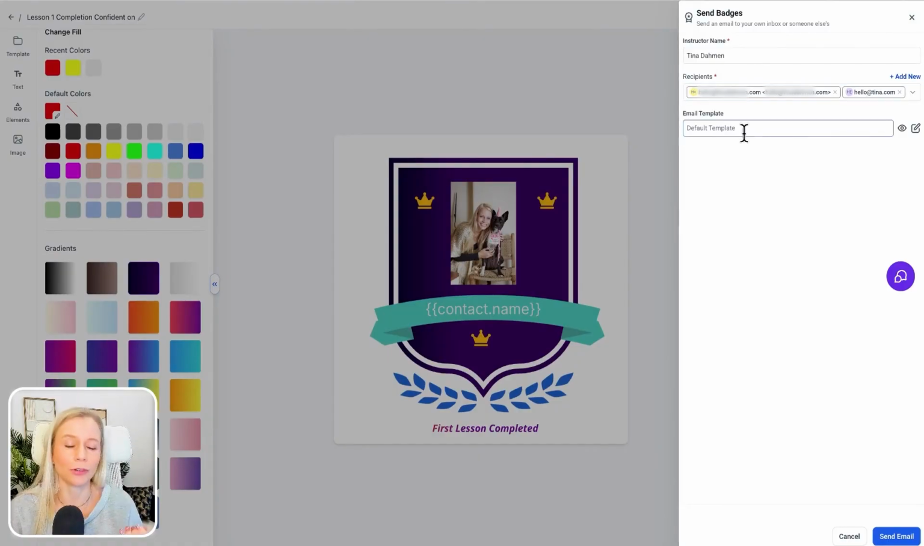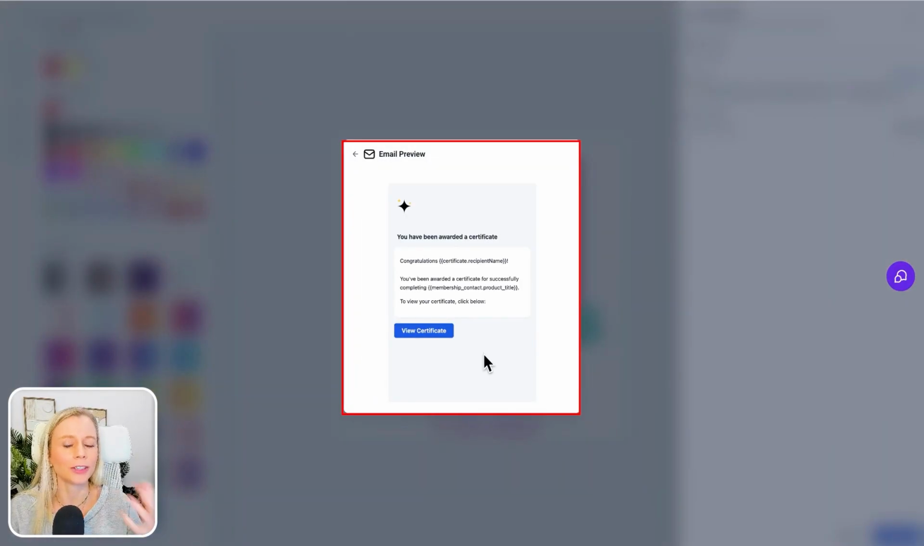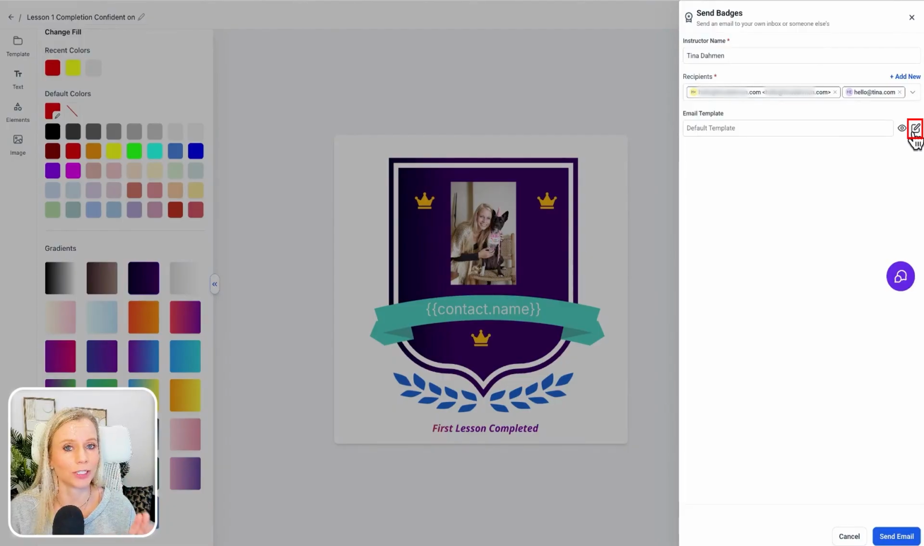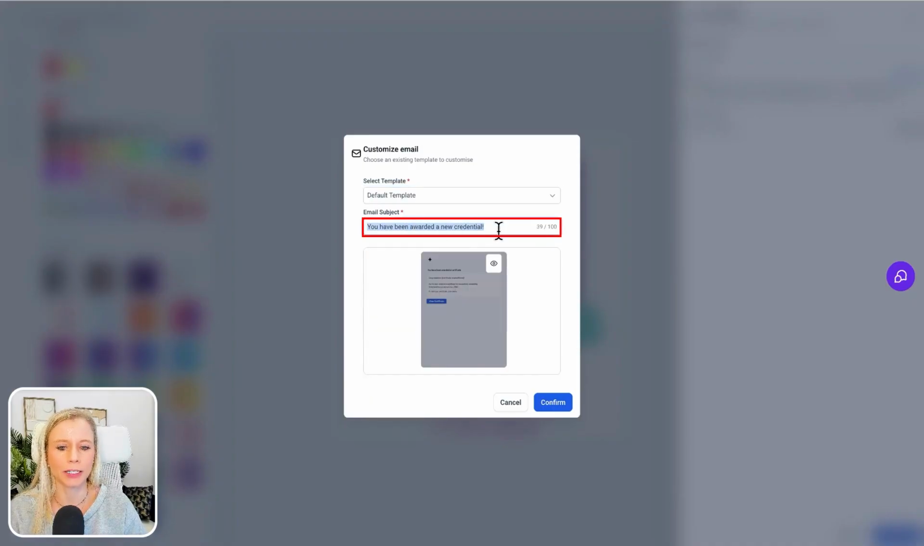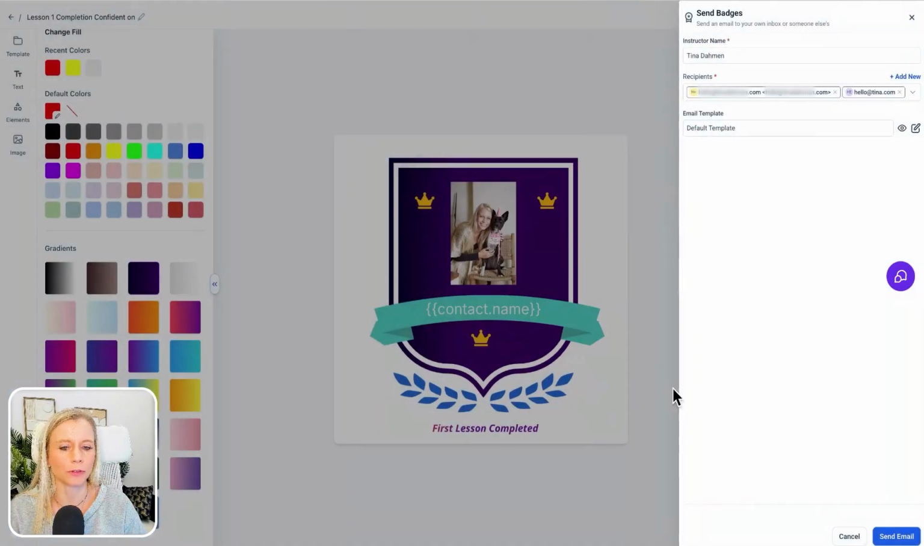If you wanted to edit or create your own template, you can do that. At this moment, the default template has been selected, so you can either preview it or edit it. So let's preview it. Here you can see the default template, very basic. Hey, here is your certificate, view it. If you don't like it, you can create your own template under marketing on the left. Emails at the top, then select templates, and then your templates will show up right here. Okay, you can edit the subject line as well and then preview it again, hit confirm whenever you're happy and